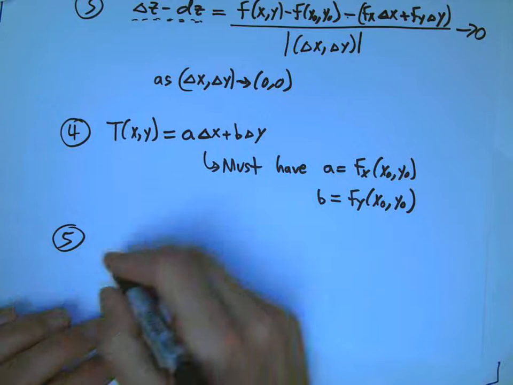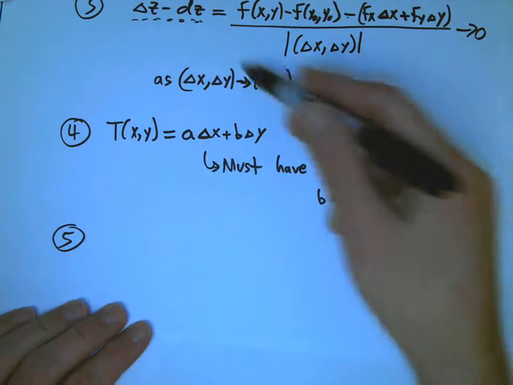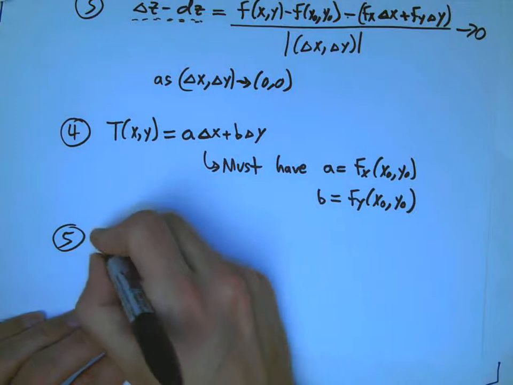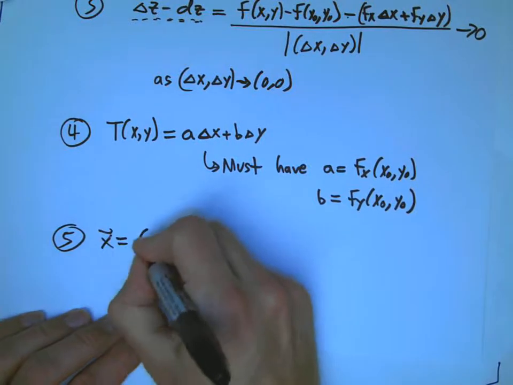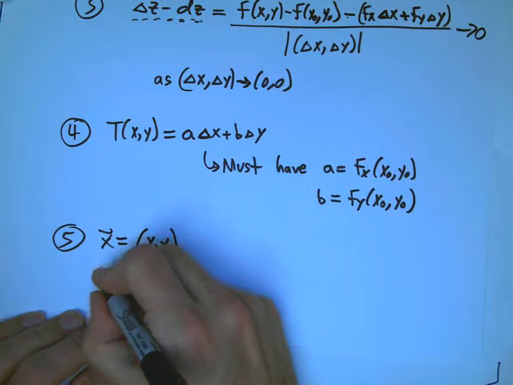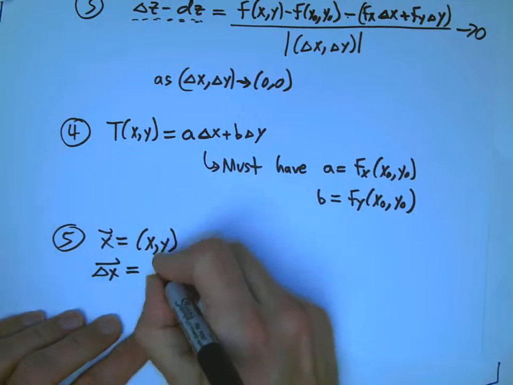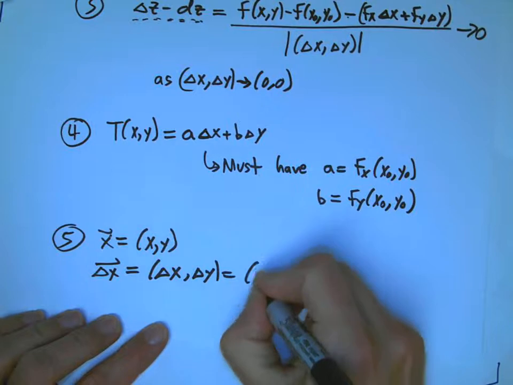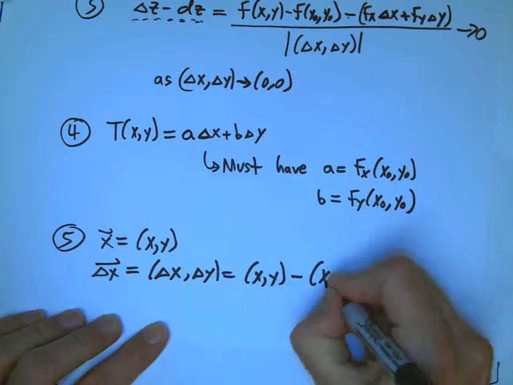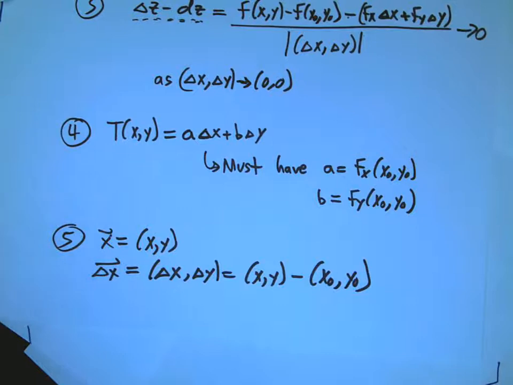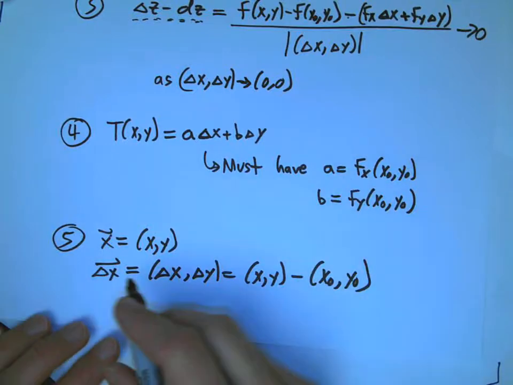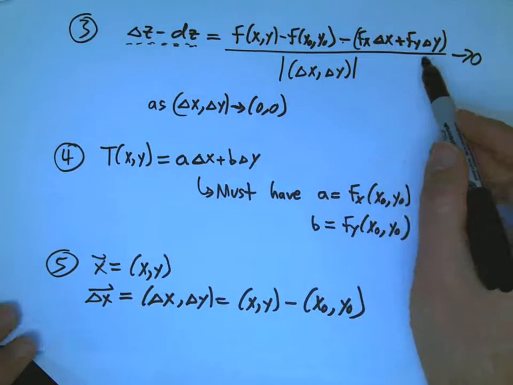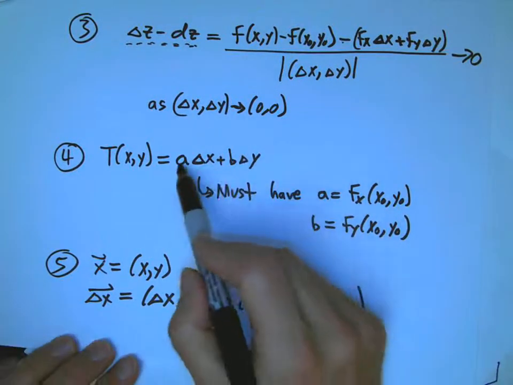And then, of course, there's even a fifth version. These are all really the same thing. I hope it's not too confusing to have so much terminology. And I mentioned this in class the other day, that everything here really deserves to be vectors. The x and the y are paired together. If you say x is the vector whose components are x and y, and delta x, the vector, is delta x, delta y, or in other words, the vector difference between my vector point and my vector base point, then